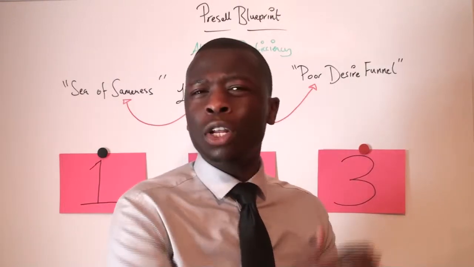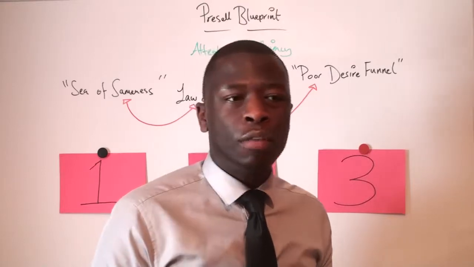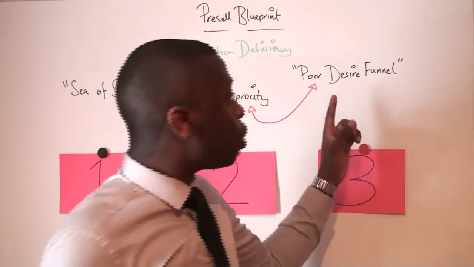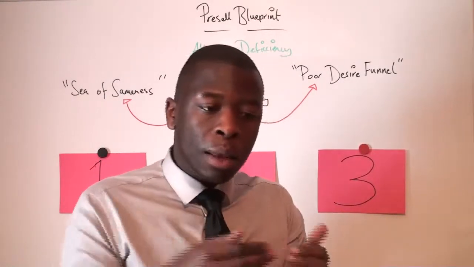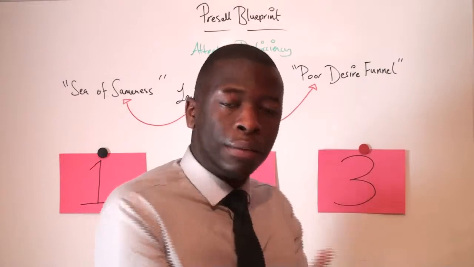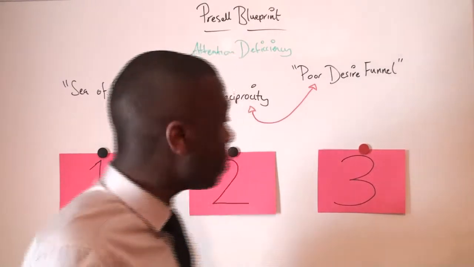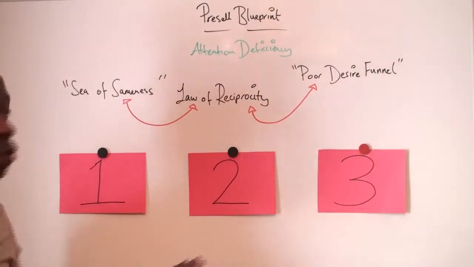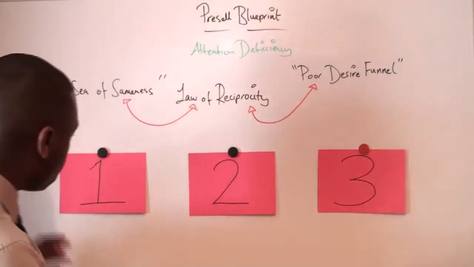Don't just put bullet points out there, don't just talk about your product and your service all the time. Give value and raise the desire funnel so people want to go through the process. Like the shepherd, it takes the sheep through the different gates and directs them to where they need to be. Now, there are three key aspects which you're going to learn right now, with the pre-sale blueprint on today's episode.